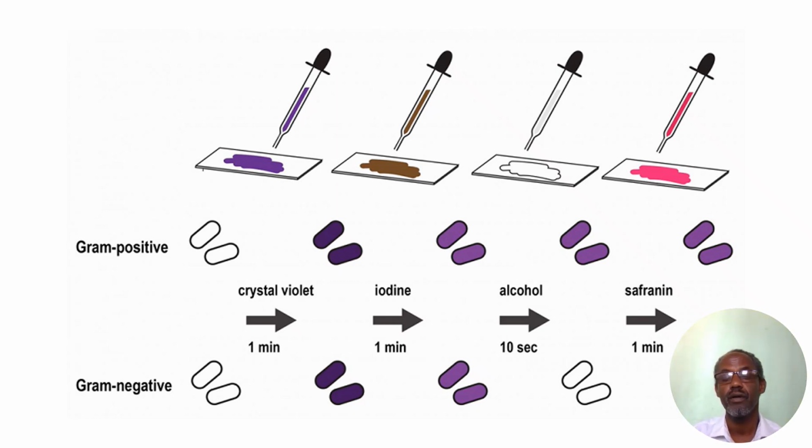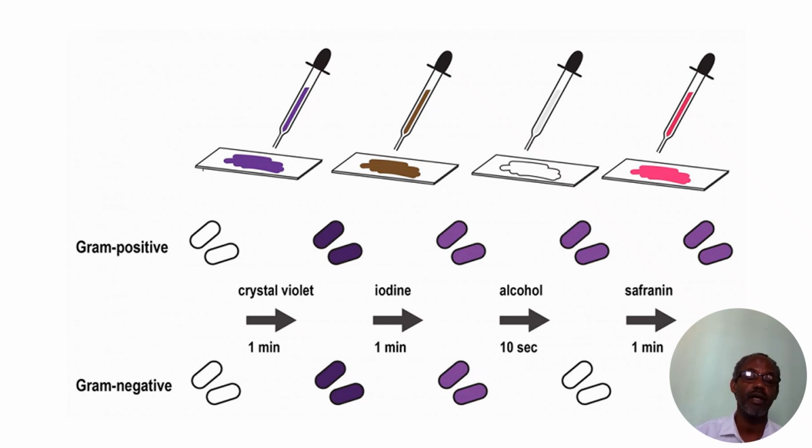Gram-positive bacteria are stained with the primary stain, purple. I'm sorry for not showing you. I'm blocking it in the diagram. I'll try to make another video for this. And the gram-negative bacteria again take the red, the pink color that you observe at the top. Therefore, at the end of gram staining, gram-negative bacteria appear pink.